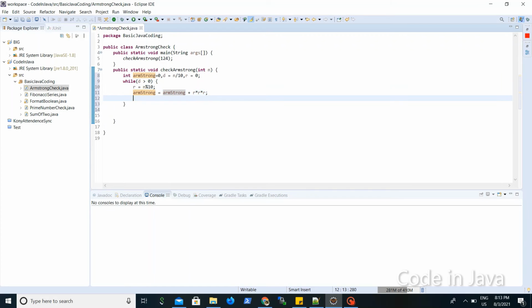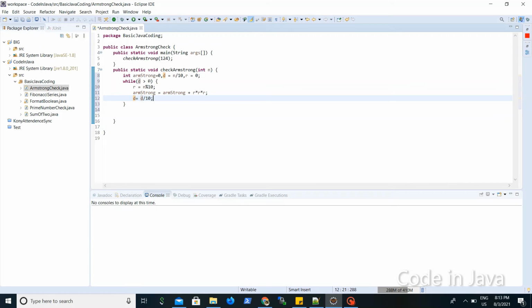Now we will again take d is equal to d by 10. So n we have taken already here. Now once Armstrong is 64, d will be 12 divided by 10, so 1.